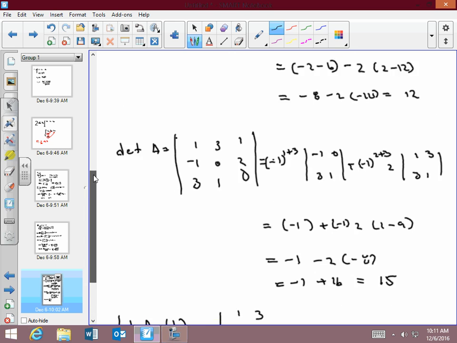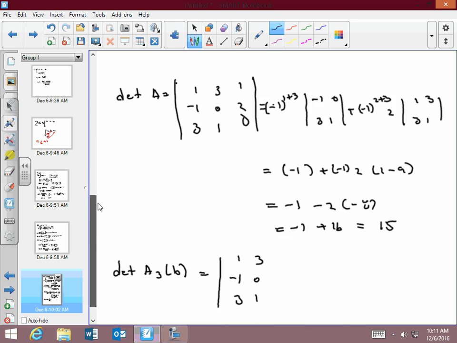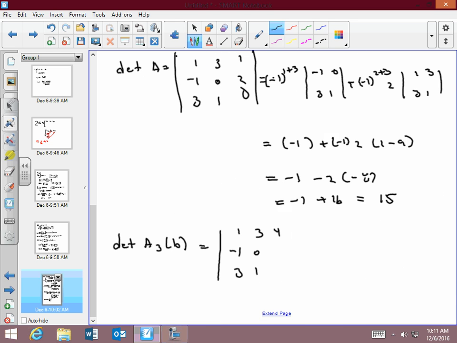Then we replace 4, 2, 2. Go down the what? Second column. Do a minus 1. First row plus second column. 3 cofactor minus 1, 2, 3, 2